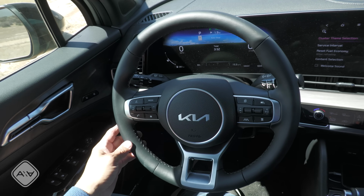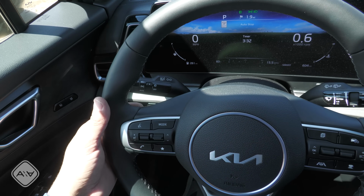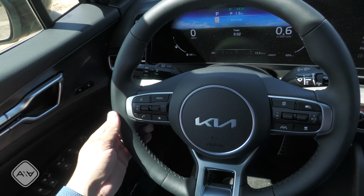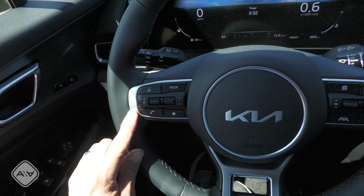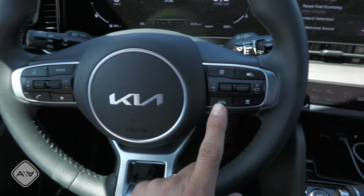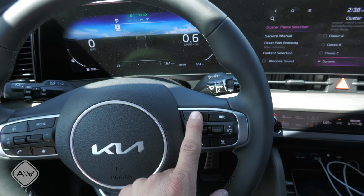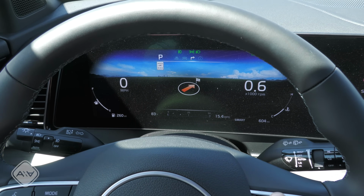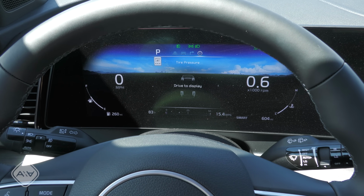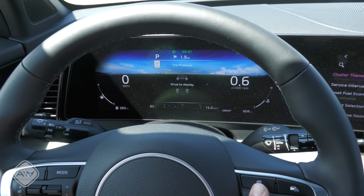Moving out from there, we have a 3-spoke steering wheel with a split bottom spoke. No paddle shifters on the back, which I find interesting. You do find paddle shifters on the hybrid model. Up here we have some small sport grips. On the left side we find controls for the infotainment system, and on the right side we find the controls for the adaptive cruise control, as well as the buttons for that instrument cluster. Although it's worth noting that you don't find as much information in this instrument cluster as you might find in some competing vehicles. It's basically trip computer readout, status of the all-wheel drive system, and status of the vehicle's active